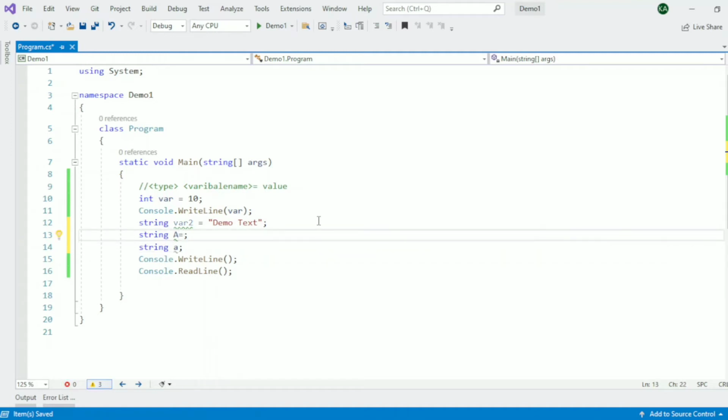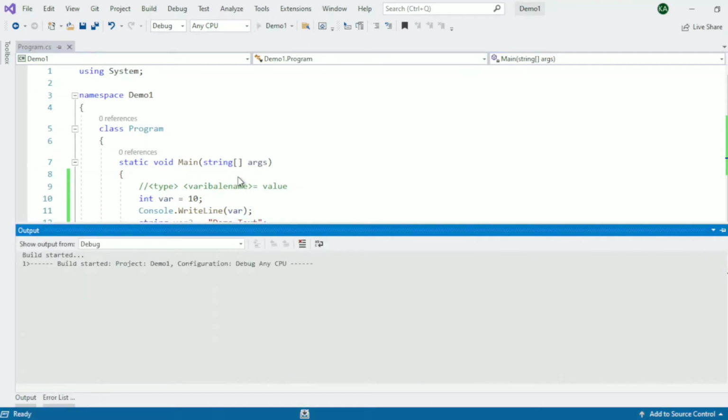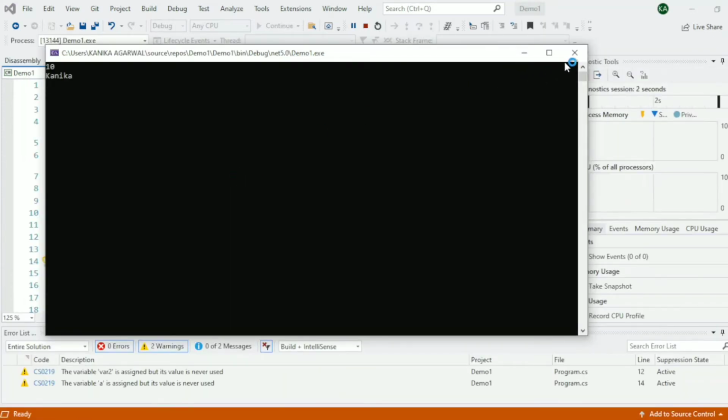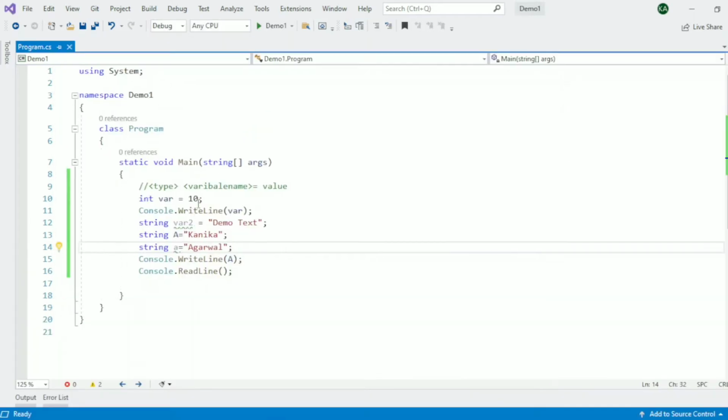If I assign capital A the value Kanika and small a the value Agarwal and print it, when we print capital A, the output will be Kanika only. It is printing 10 because we have printed the variable here. Okay, let me just comment it.